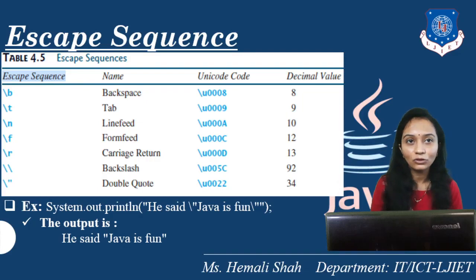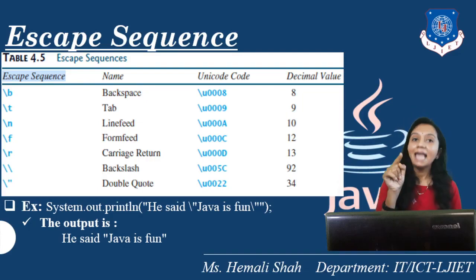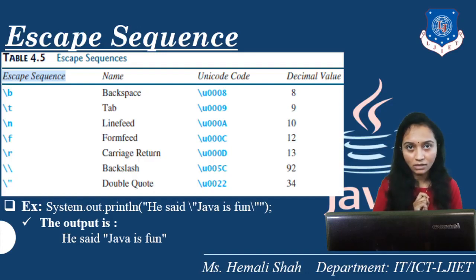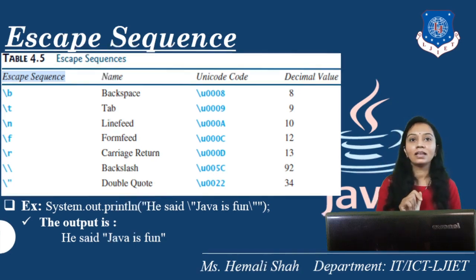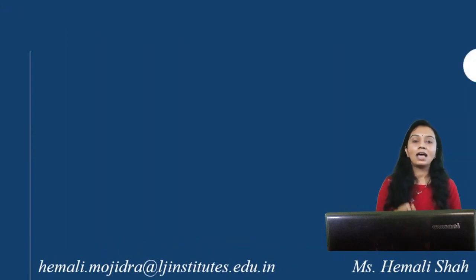Now one exercise for you. Print backslash n, which is used as a new line character; I want to print that as an output. Can you print it without using the escape sequence? Backslash n is used to move to a new line, and that is what I want to print. Can you print it without using slashes? Try it, right? So here I'm going to end this particular session.